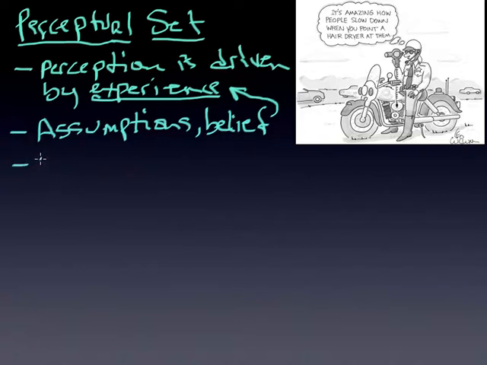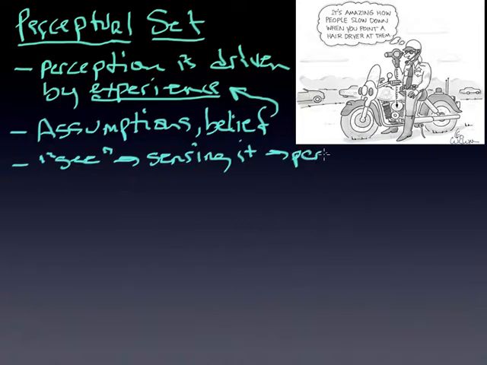What I want you to see is that when we say I see something, that doesn't mean that we are sensing it in a particular way. It means we are probably perceiving it in a particular way because of the nature of our assumptions, beliefs, and expectations. And that's quite important, really, to understand, because perceptual set lives on over and over again,